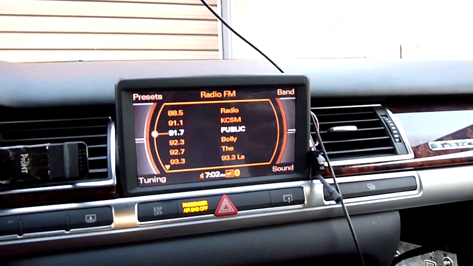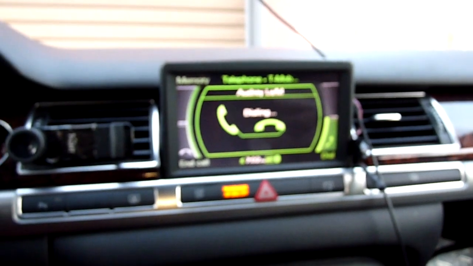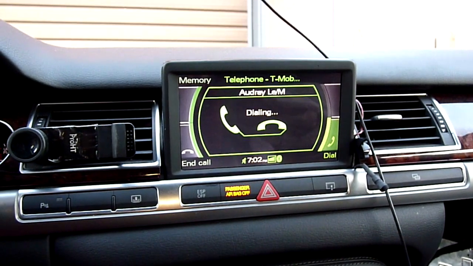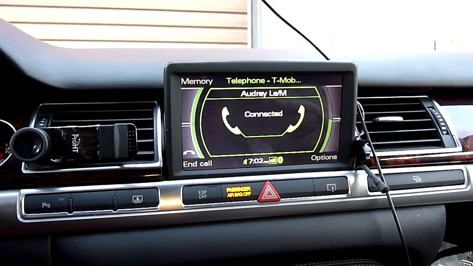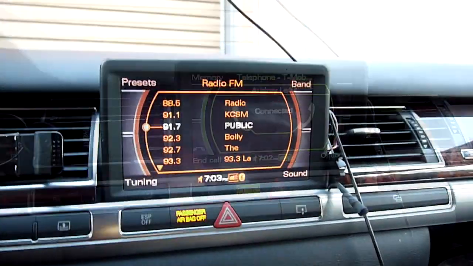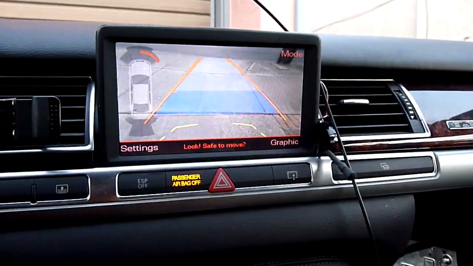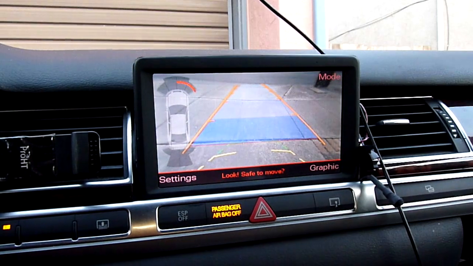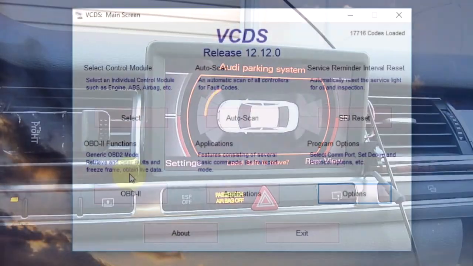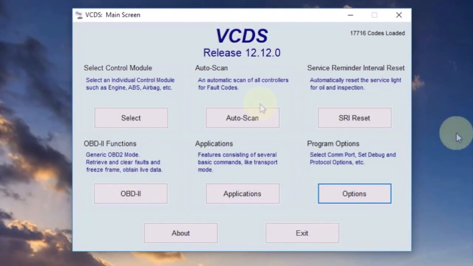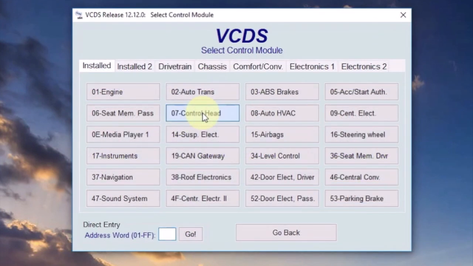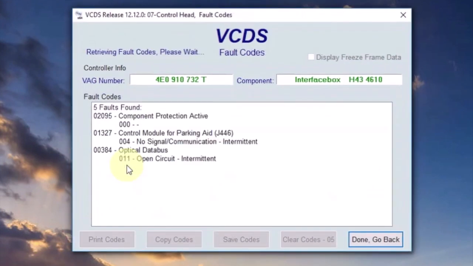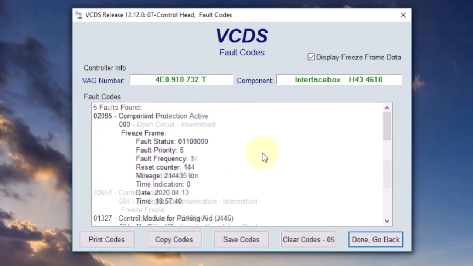Let's call my daughter. Hello, Dad? Alright, it's working. Thank you. The backup camera works. The backup is working. So all we need to do is to fix the sound. Component protection. Okay, so this one is A8, A version, the control head, and fault code, component protection, just like